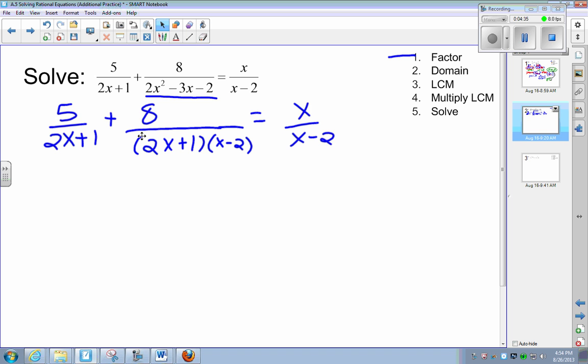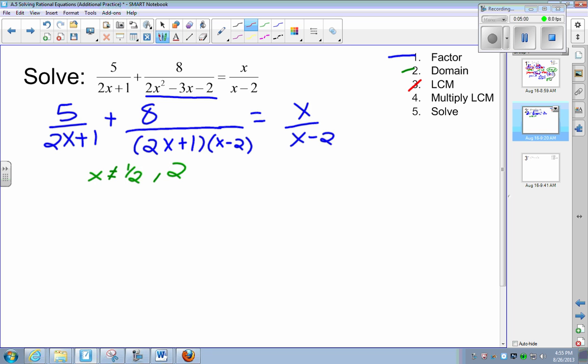Now let's state what our domain is. So our domain here, we're going to have x cannot equal 1/2 and x cannot equal 2. Cool. And other than that, x exists for all reals. All right, domain, easy, done. Let's move on